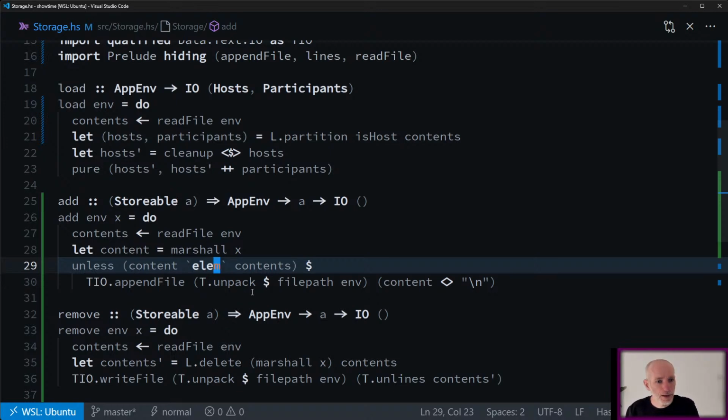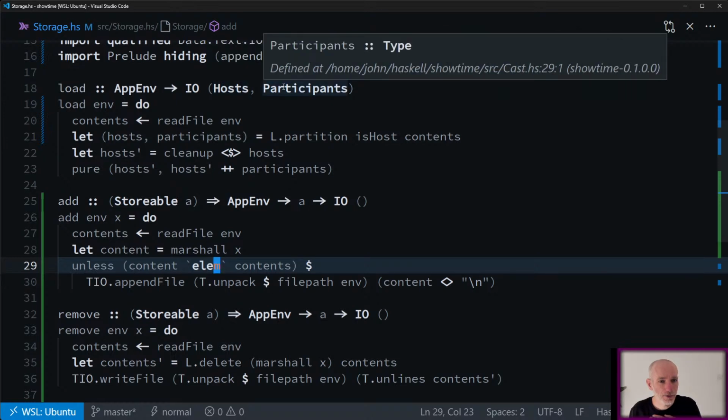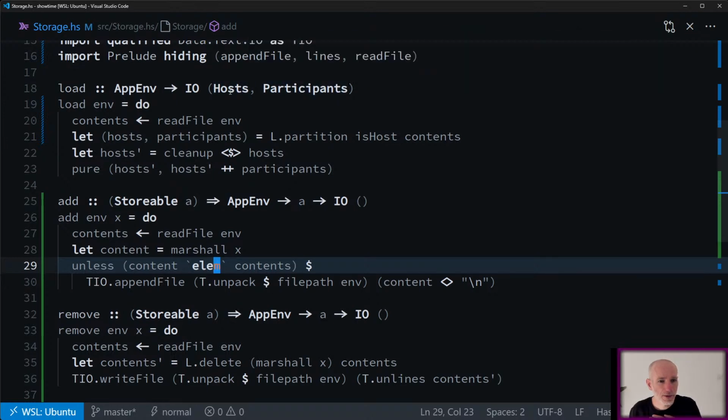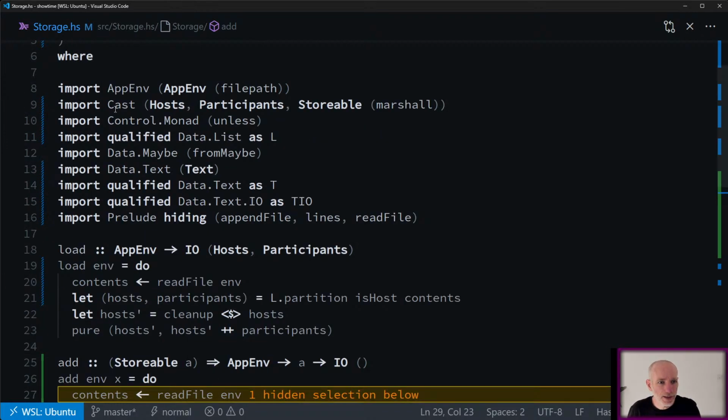Next time, I'll have a look at adding and removing participants. I'll make them storable as well. And I'd quite like to return, I'm not sure about this, returning host participants. Maybe it's okay, actually. The thing that's bothering me is storable being in the cast list.